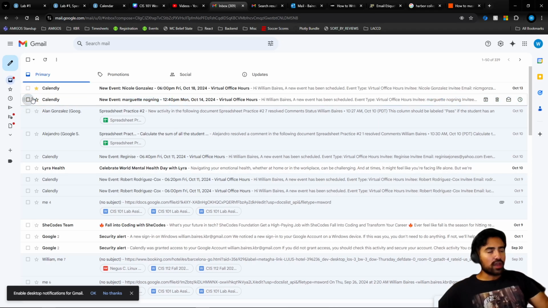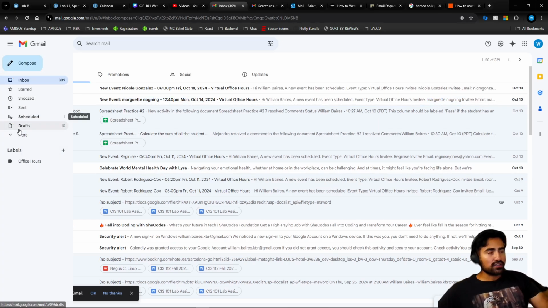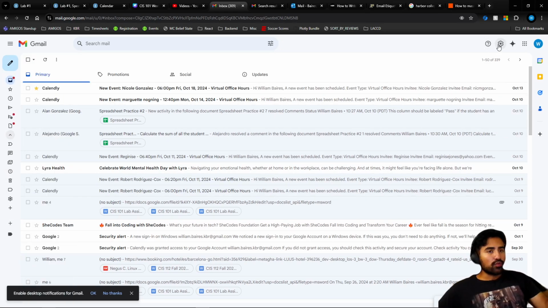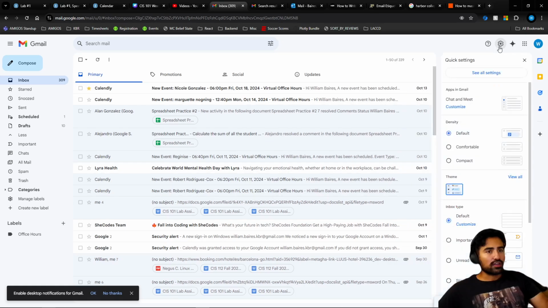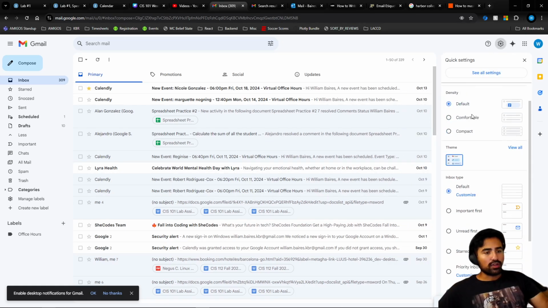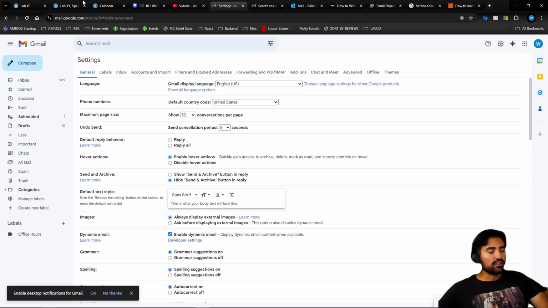Now, I could do that manually, or as we discussed in the Outlook video, I can do this via a rule. Remember, if you want to access any setting, always a good idea to go to your gear icon. So let's go ahead and click our gear icon, and then we're going to try to find the settings. So we're going to see all settings, and here we're going to try to find